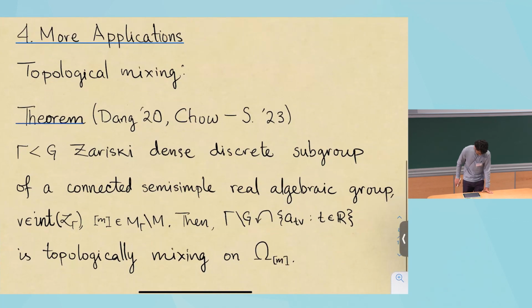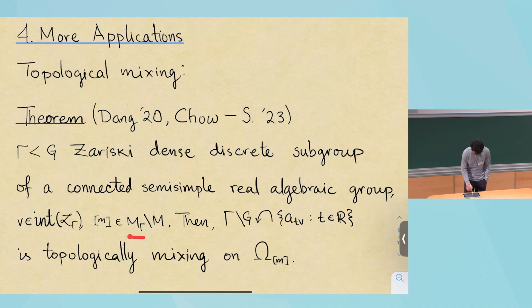So the first application I want to mention is topological mixing. Only for this theorem and the next one, gamma is not necessarily Anosov. Gamma is any Zariski dense discrete subgroup of G. And from this local mixing result, you can deduce that if you take a direction in the interior of the limit cone